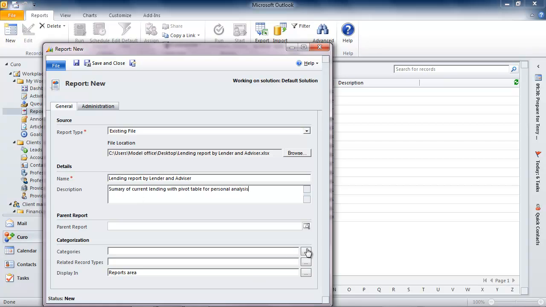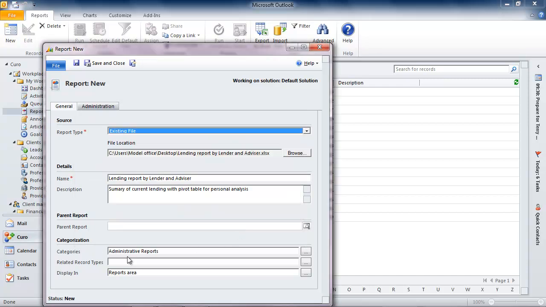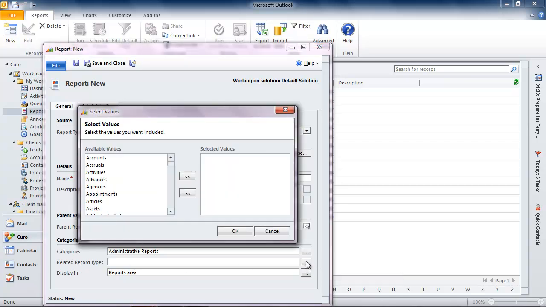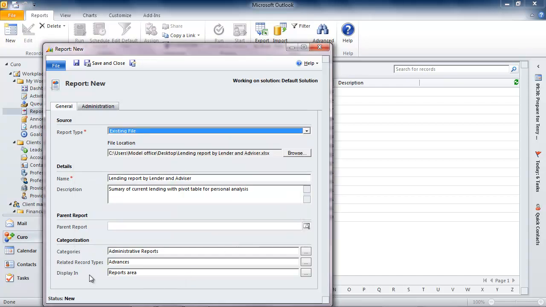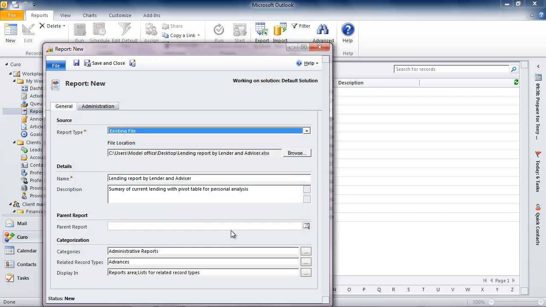rather than having it stored locally on my computer, I'm going to upload the report as a new standard into the system. I need to enter a few words to describe the report, because in time there could be tens or even hundreds of reports configured specifically for your business to provide the management information and analysis that you and your colleagues want. I can select from the options that allow me to specify where the report is going to be accessible from